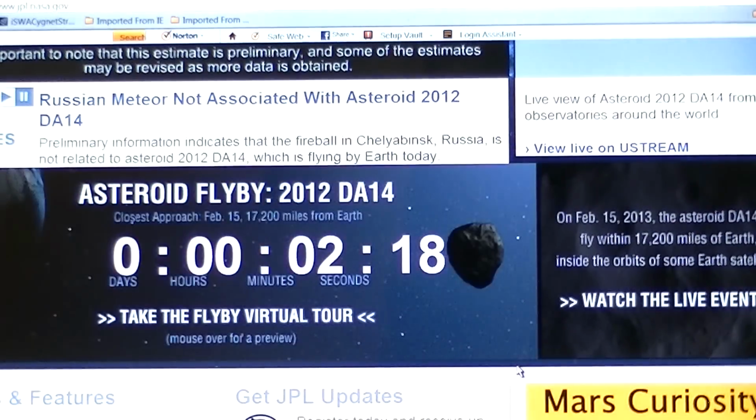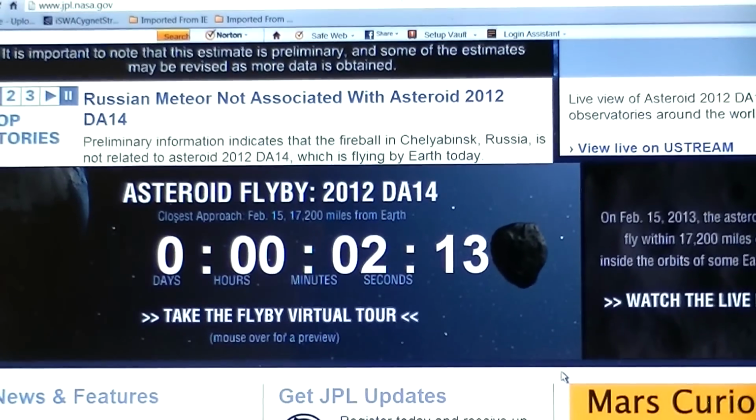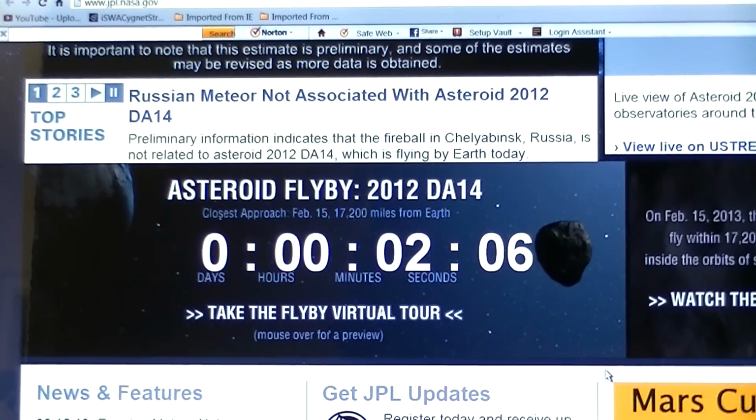So when will it come back? Well, we'll project that into the future. It seems that it could make a close approach in 2046, but that it cannot hit. Its orbit is known so accurately that we can